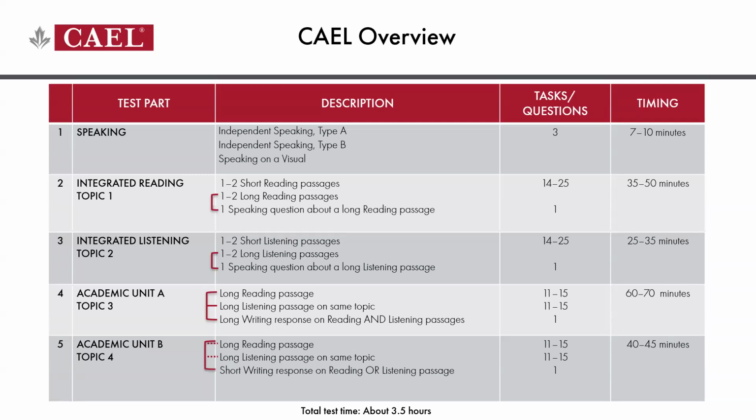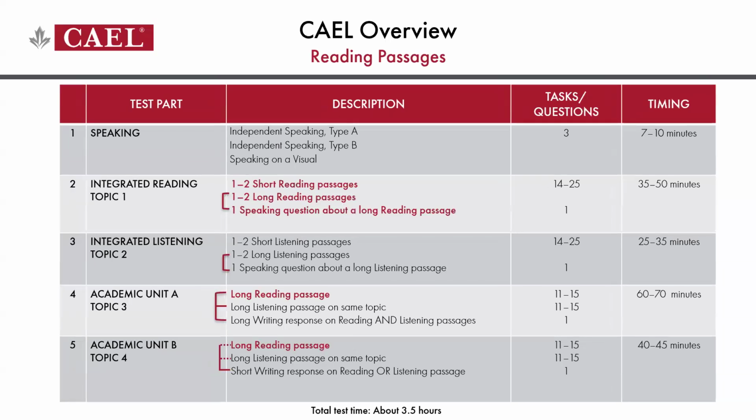and then you move on to part 2. So as we are focusing on the reading skills today, we're looking specifically at part 2 in today's session, but you'll notice, as you can see in red, that there are reading passages that fall in part 2, in part 4, and part 5. There's only one short reading passage, and we'll look at that first in part 2, but then you can count the others. There are 3 other longer reading passages that you'll need to complete throughout the test. So the reading strategies we discussed today can certainly be applied to the reading passages you will encounter in parts 4 and 5. We do have that one little speaking question about a reading passage as well in part 2,